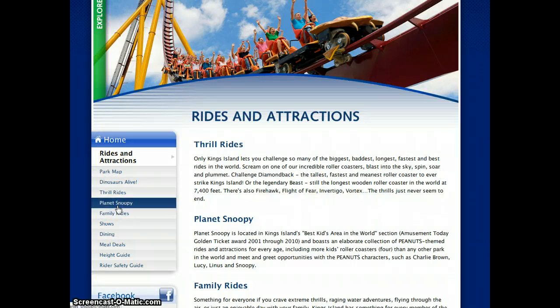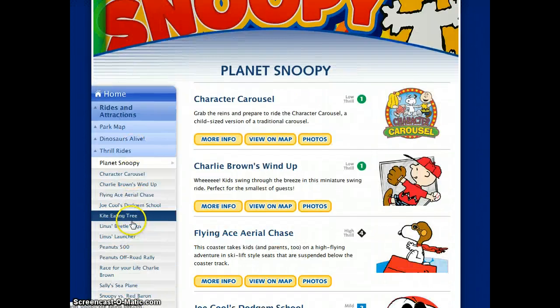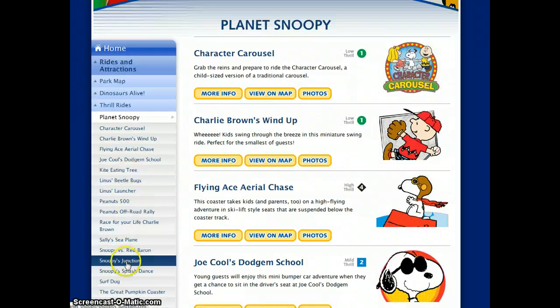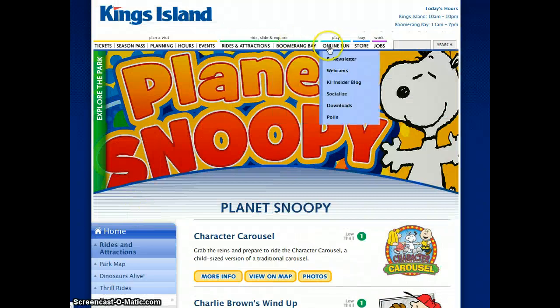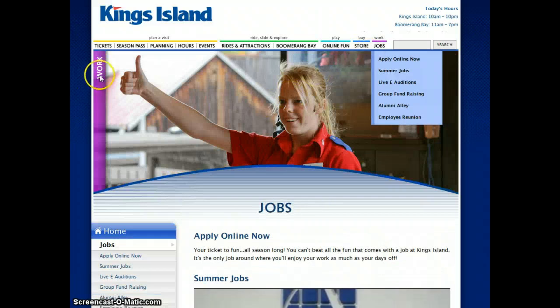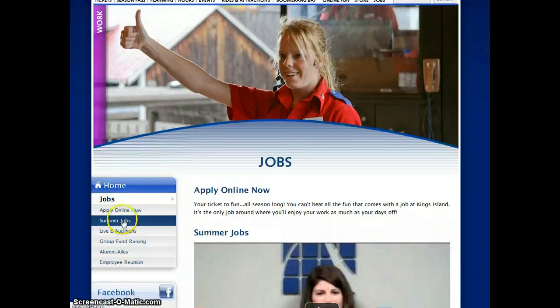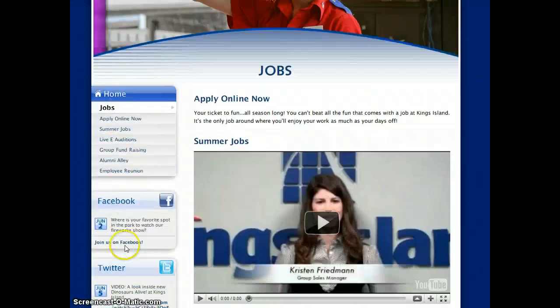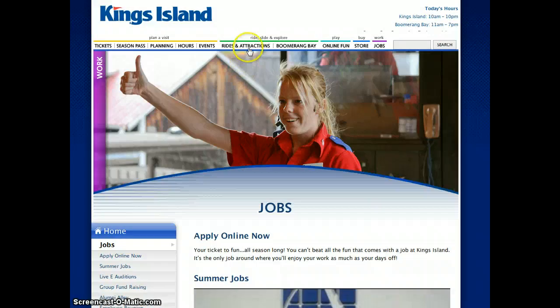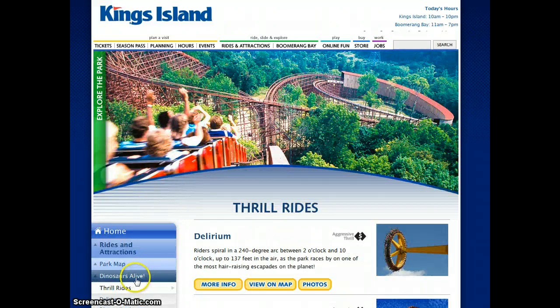So no matter where you go within the page, you pretty much can keep track of where you are and what other things are in the submenus of those pages. So again, if we go over here to work and jobs, you can see the color and the menu bar over here on the side, and again the menu down here on the side too, that kind of keeps you on track. The only thing that's unconventional about this is if we go under rides and attractions, to the